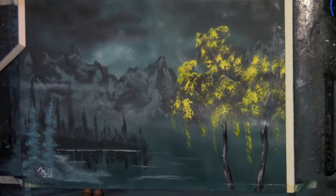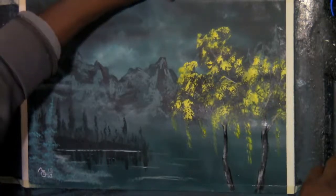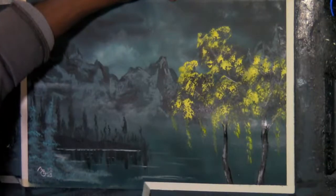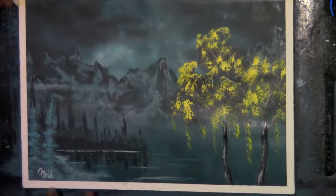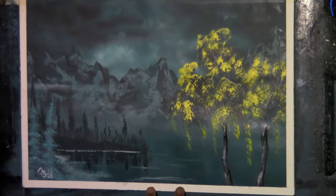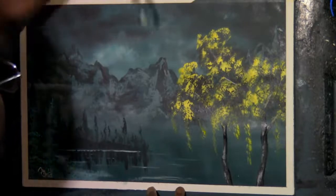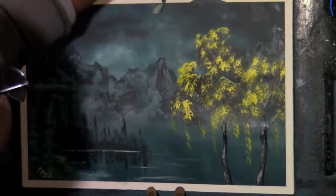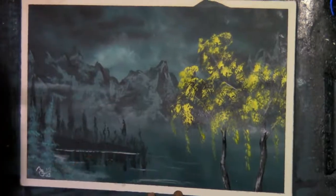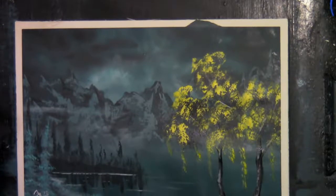I just got to be careful here because I know it's going to fall off. So I may have to adjust it on you. Because it may fall on me here. Yeah, it's going to fall on me. But it's okay. Let's take it this way. There is tape on the back of it, but I don't think it's going to last. And I knew that was going to happen. Nothing comes off perfect. Let's put it right there. I got tape wrapped around my fingers here. Hold